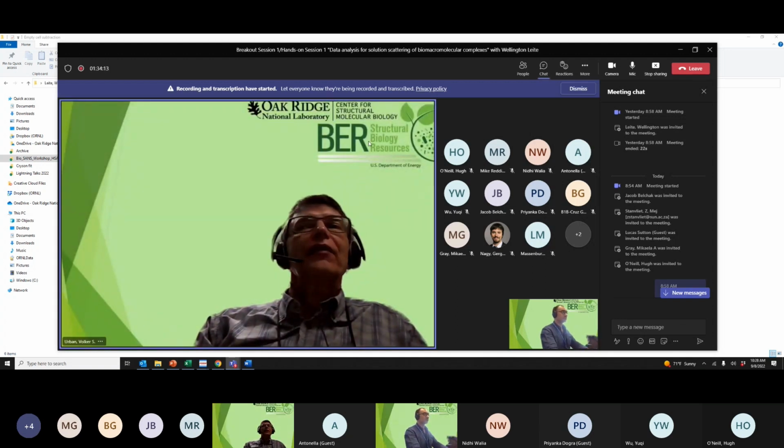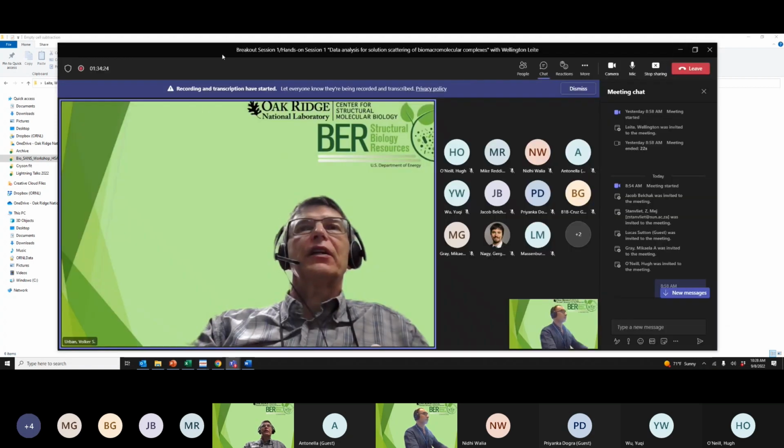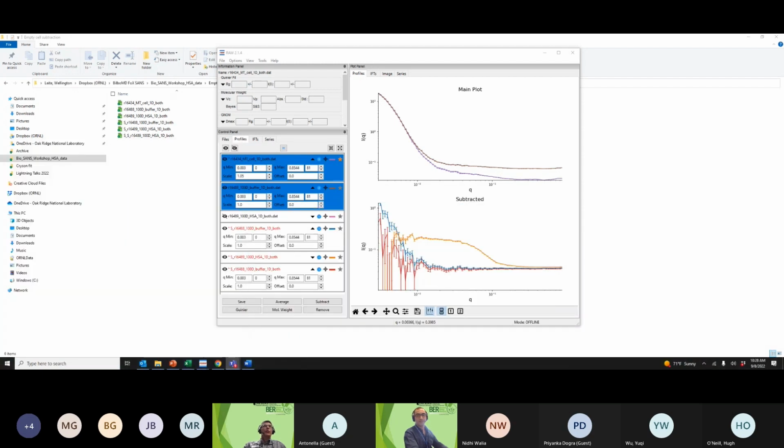So it's a scale factor that's applied, and when you showed the low Q region of the empty cell and the buffer in the magnification, there's something very clearly that you can see: it's a factor rather than a constant because you're in a log scale. When you zoomed in there before you scaled it up, if you put this back to 1, exactly. If you look along this curve, you can see that you basically have a constant offset between the two. But a constant in a log scale, of course, is a factor. So that tells you that you're off by a small factor, and that can happen with